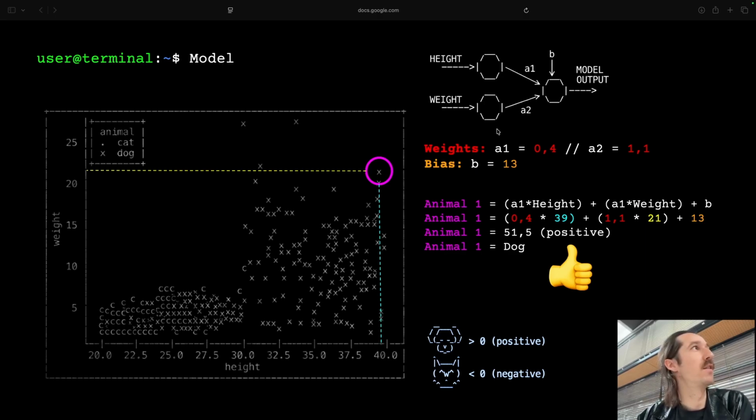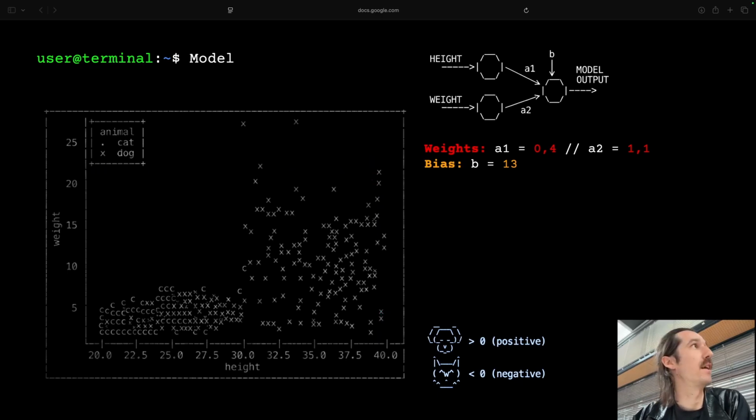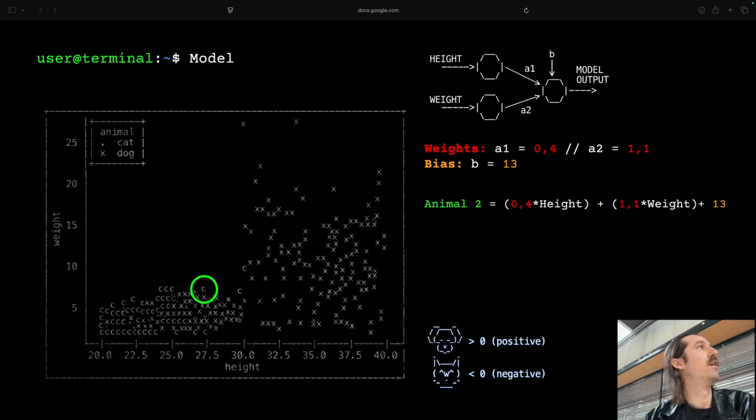But the thing is, do we know that it will also work with a data point that stands for a cat? So let's try it out. I do the same thing. Now I pick a data point here for a cat, and I put everything together. Same thing, right?